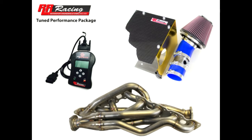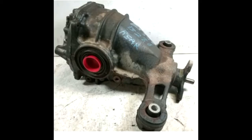So going back to the differential thing, one of the ISFs on that YouTube channel has a GS450 hybrid rear diff, which is a 3.7 final drive versus the ISF's 2.94. Again, I'll explain the differences in final drives and differentials and gearing in another video. But with that, I found them on eBay for about $200, which